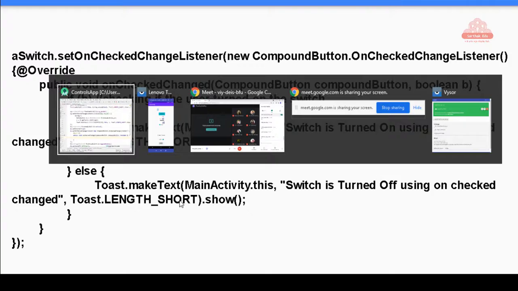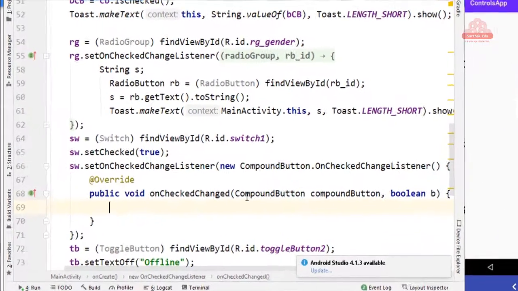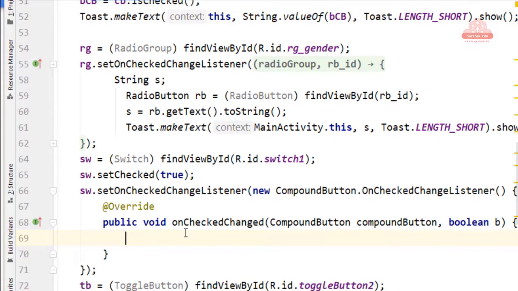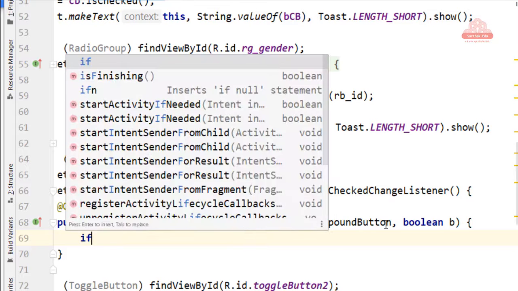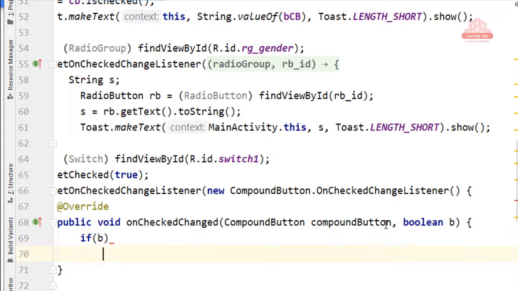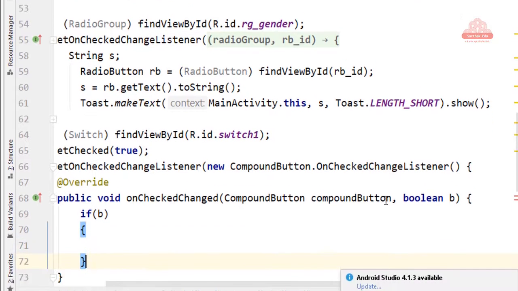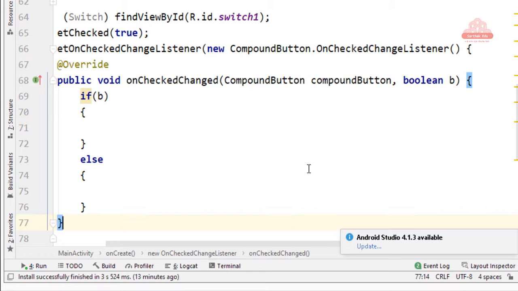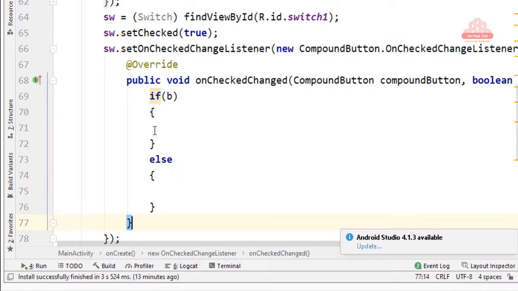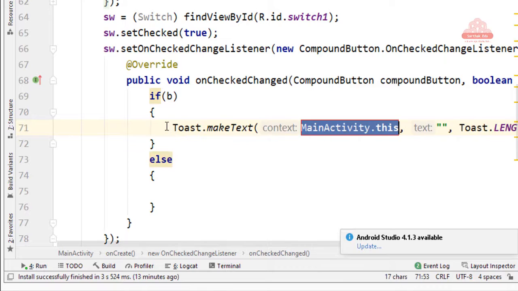Let us see in our coding site. So here I am going to define, there is a second parameter, you may see here, this is the parameter that will control all your check property. First of all I am going to define the structure so you can get a basic idea how it is going to work. This is the structure of the particular thing. If b, then we can take some action here. Else, then we can take some action here. So right now I am going to display only toast. So it is like this.